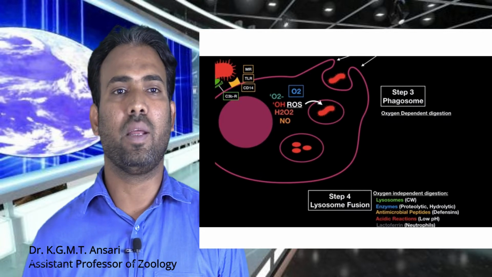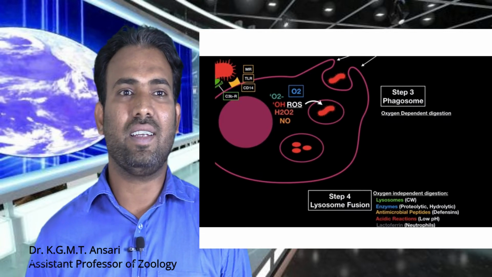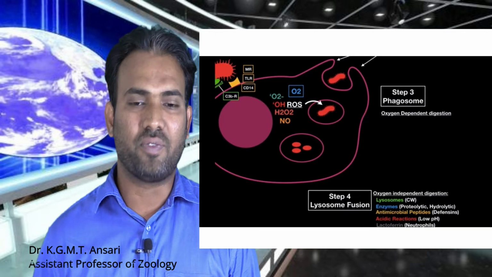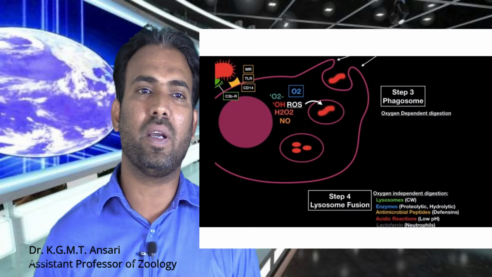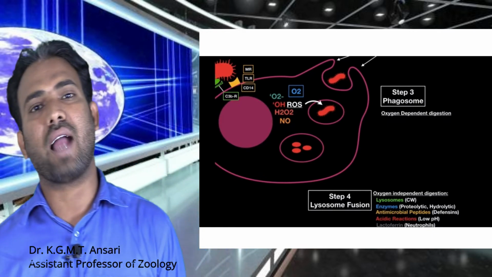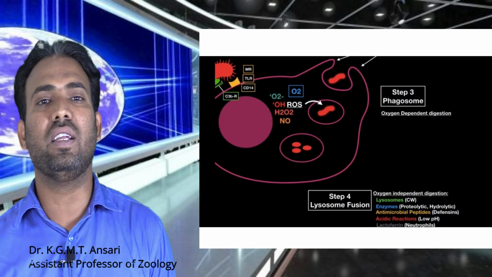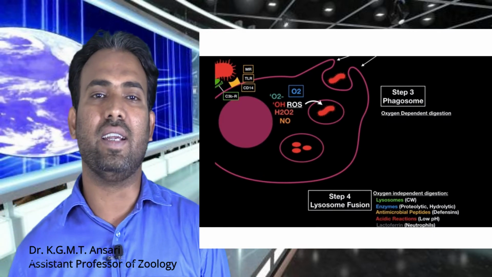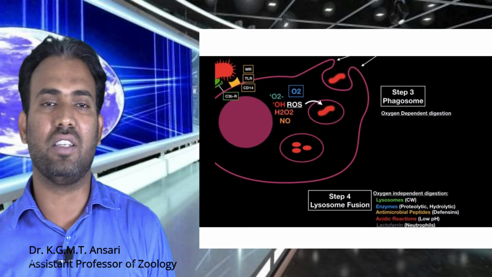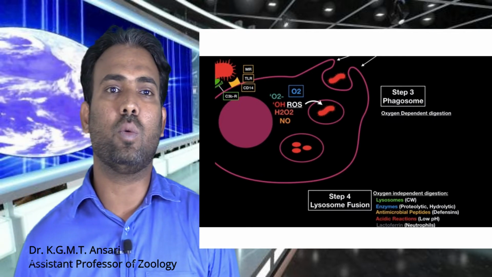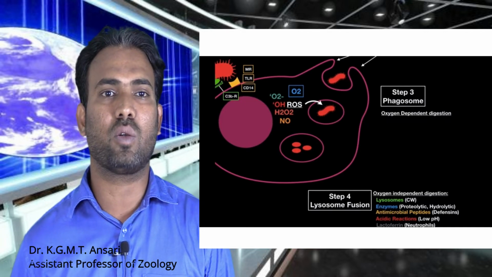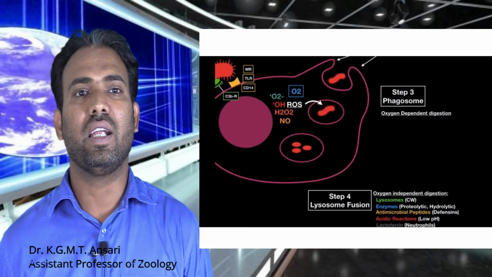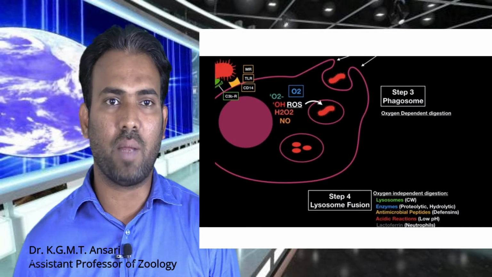That is the temporary cell wall. Why is it created? Because this phagosome reaction or response depends mainly on two types. One is the oxygen dependent type, and the other is oxygen independent digestion. Once a foreign body enters the macrophage cell, it will form the